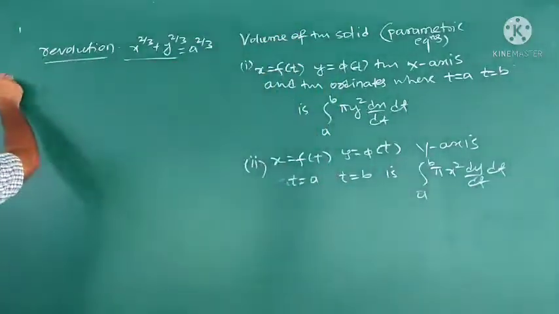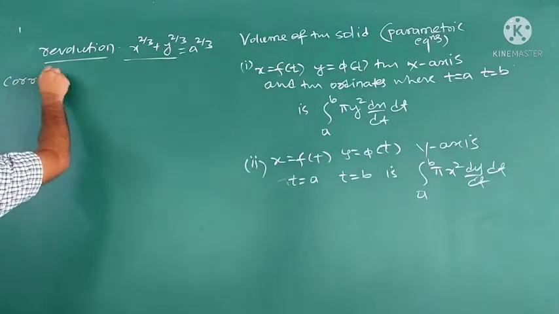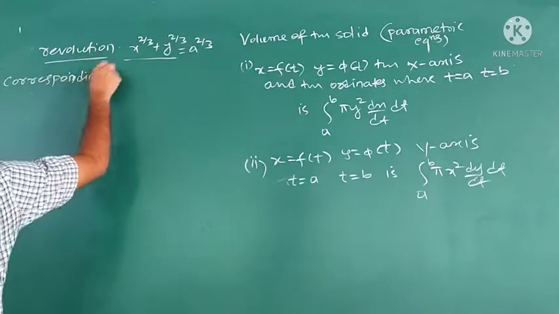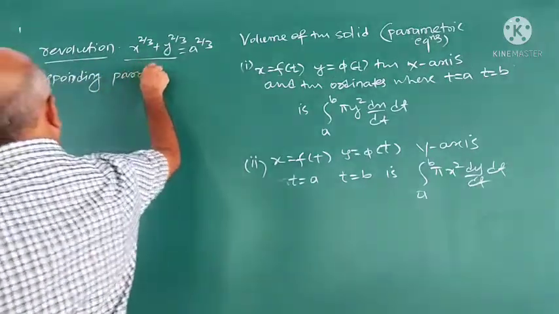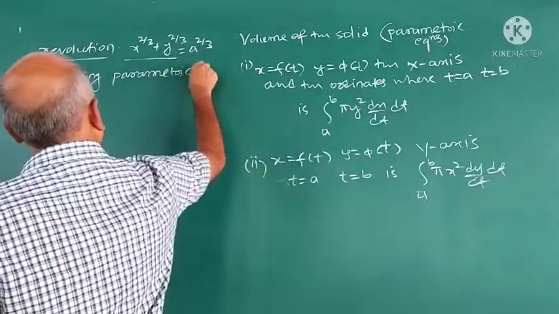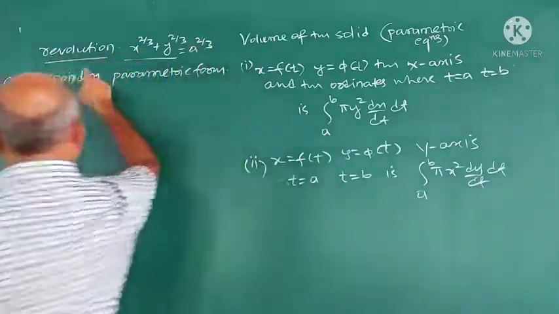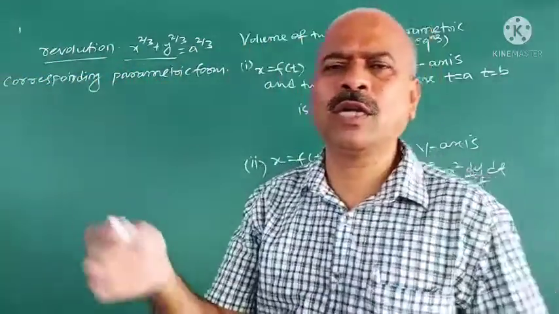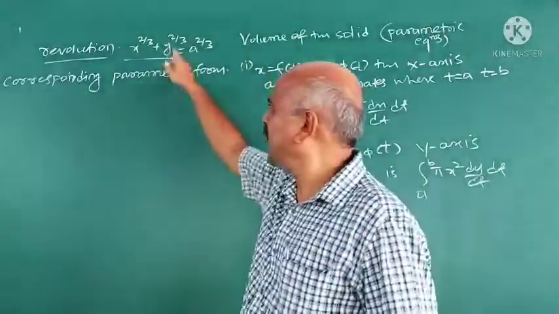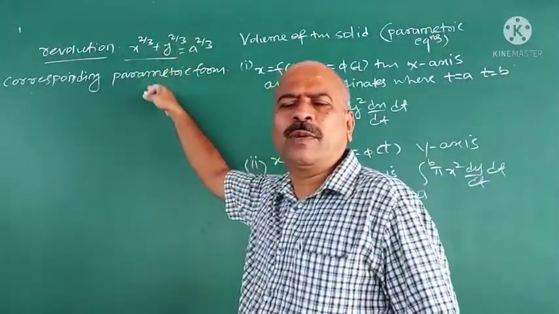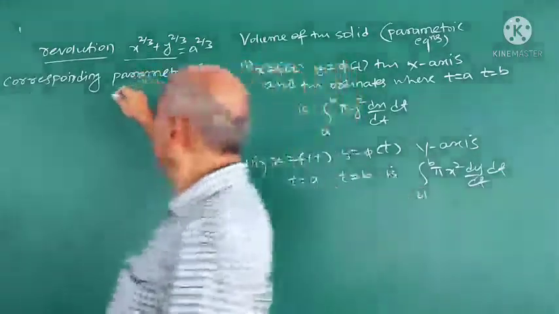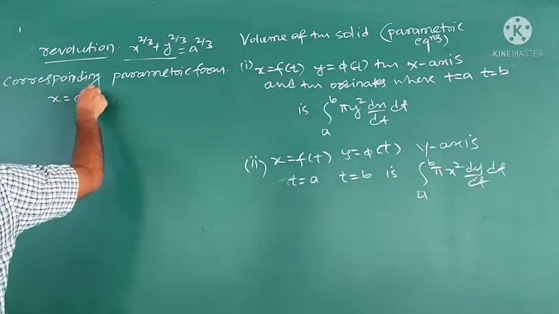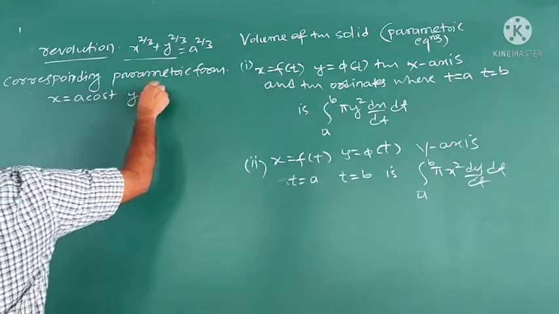So we consider the corresponding parametric form. Since we know the parametric form, we take this here. In all cases, it is not possible to convert Cartesian to parametric. This is a standard curve. We know the parametric equation. Therefore, we consider the corresponding parametric form, x is equal to a cos